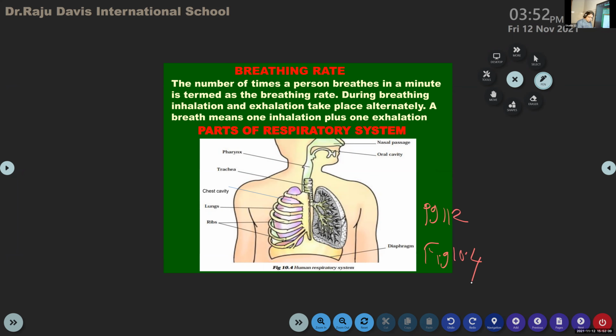In that figure, the chest cavity is not marked. So you have to look at this slide and mark the chest cavity. Please use the pencil and draw it. In the textbook, we have to learn the important part, the chest cavity, but in the figure, they have not shown it. So please mark that pink one. The other one which is covering is known as the ribs. So that pink structure that you see is the chest cavity. And the right side, what you see, is the open chest.